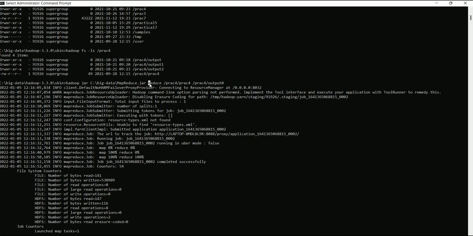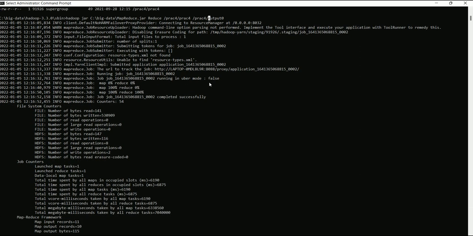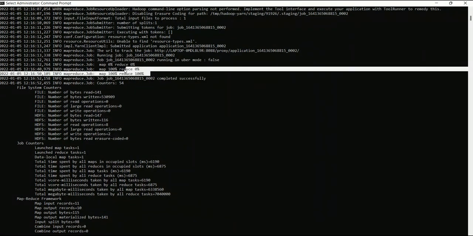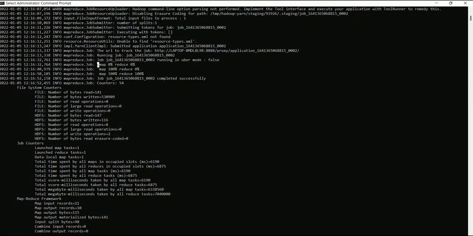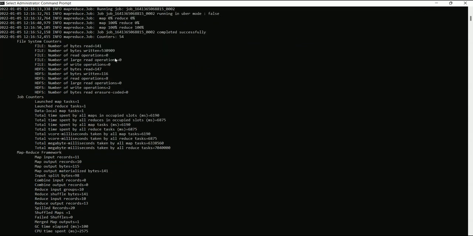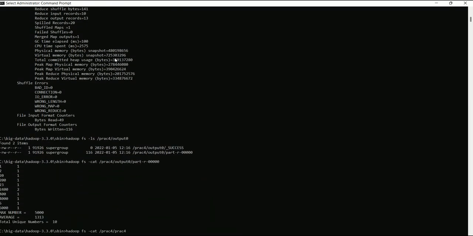In our program the file name is reduce.java, so I have written reduce, and then the input file, and then the output file. Make sure that this output folder is unique, not already created. After that I get this output, and the number of splits is 1. So our program is running.